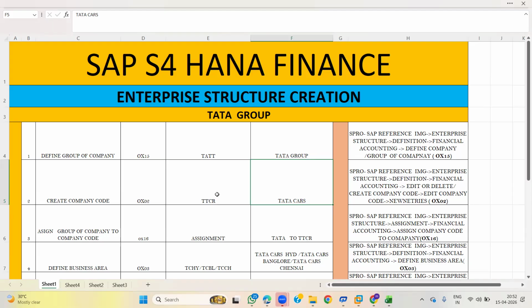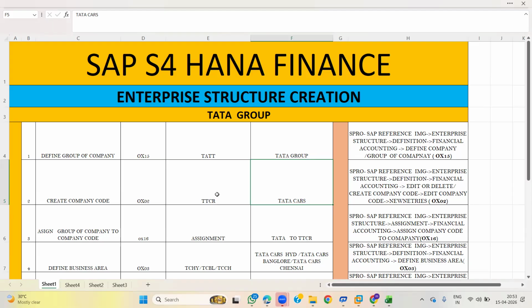A company code is a legal entity, or we call it an organizational unit as well. All company codes are interlinked with the company. As we said before, a company is nothing but a group of companies. It is used from the business, organizational and financial accounting perspective.